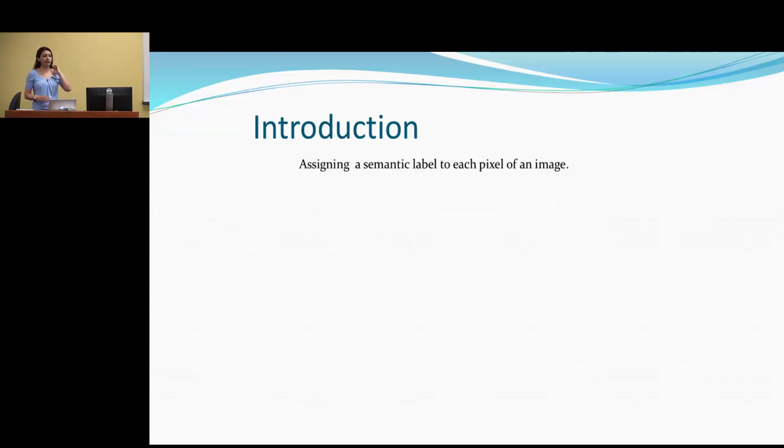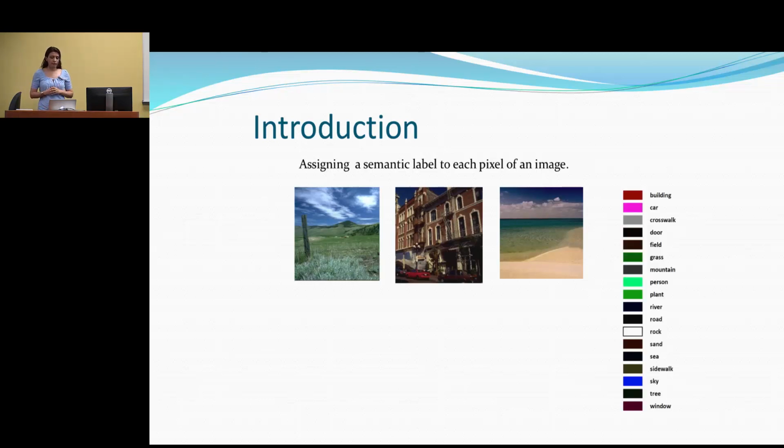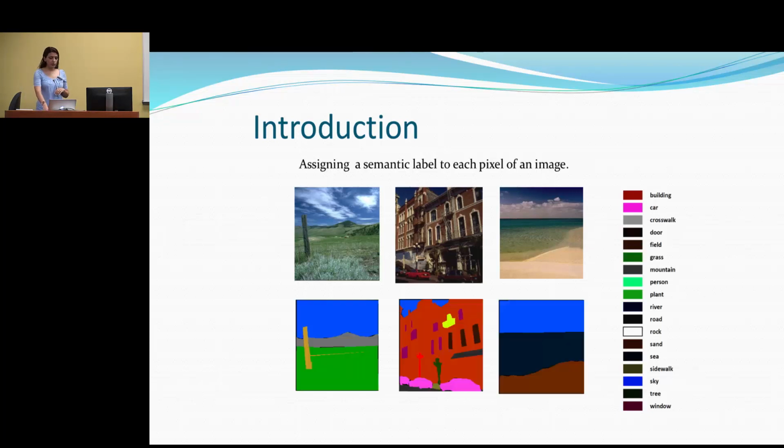First, let me define our problem. Scene labeling is essentially assigning a semantic label to each pixel of an image. For example, if we have these images and we have a set of labels or classes, we want to assign a label to each pixel in these images and come up with these semantic images. And this is different from object segmentation because we have to also classify stuff, for example, sky, sea,